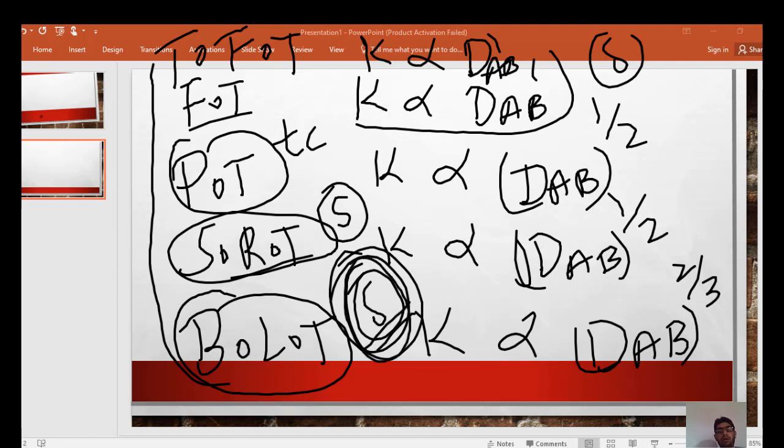So it is all about the boundary layer theory and other mass transfer theories, and these equations show us the relation between the mass transfer coefficient and the diffusivity, which we obtained from various mass transfer